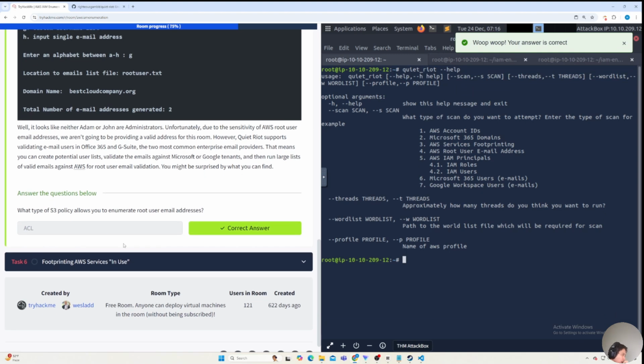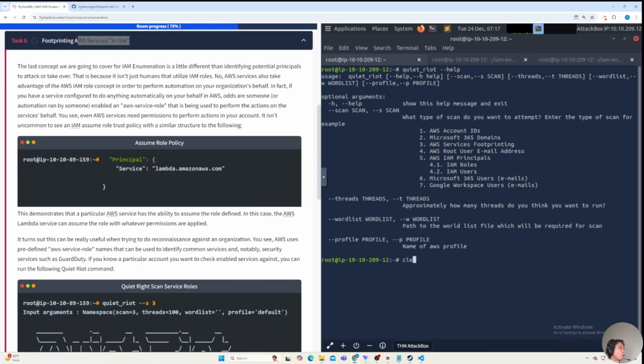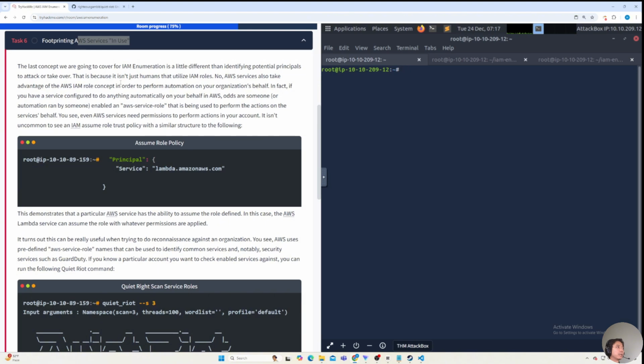Okay, last one. Footprinting AWS services in use. The last concept we're going to cover for IAM enumeration is a little bit different than identifying potential principals to attack or take over. That is because it isn't just humans that utilize IAM roles. No, AWS services also take advantage of the AWS IAM role concept in order to perform automations on your organization's